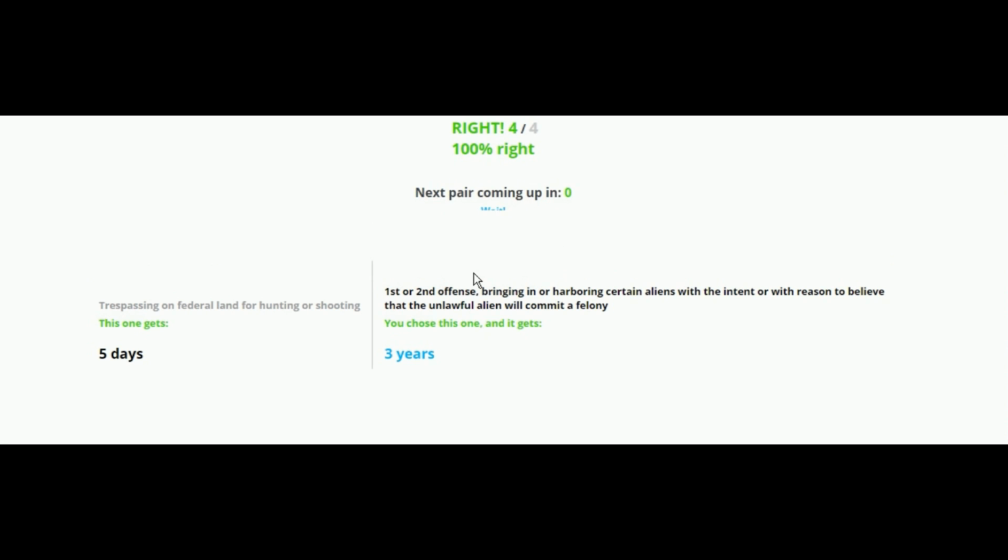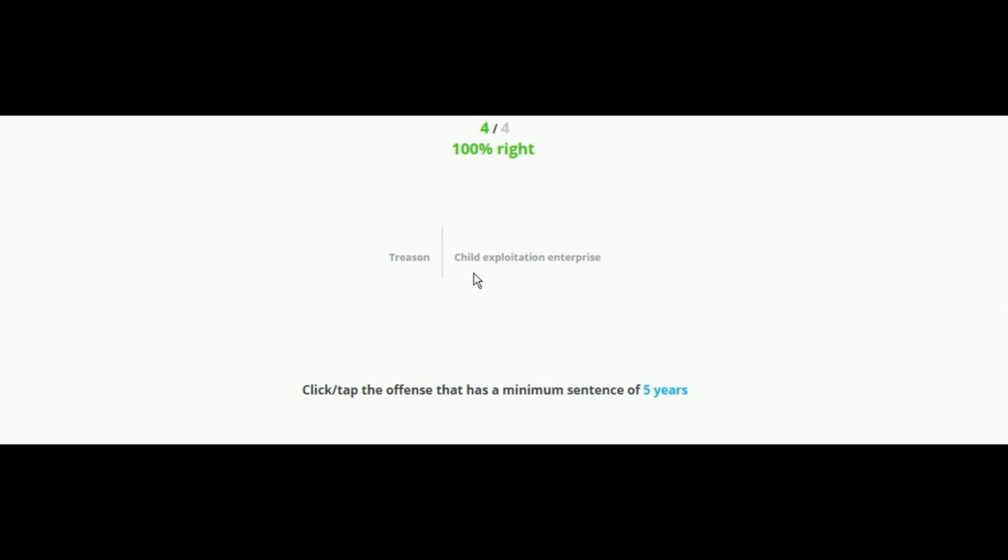Yeah! 5 days, yeah. I feel like that's one of those slap on the wrist things, where it's like, hey, you did this, you're going to go to jail for 5 days, but in reality, we're just going to put you on house arrest for 5 days. He dared to kill the king's dad. Are you an idiot?